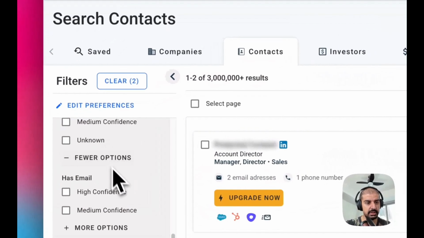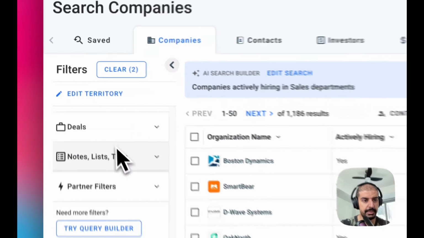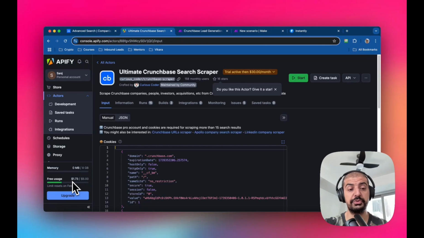Let me see if I can see it. Go into companies. I think it's in the companies tab. There's more than enough here for you to test it on the free plan, so you don't need to pay for this. And then the actor is, just go into the store, search for Ultimate Crunchbase Search Scraper by Curious